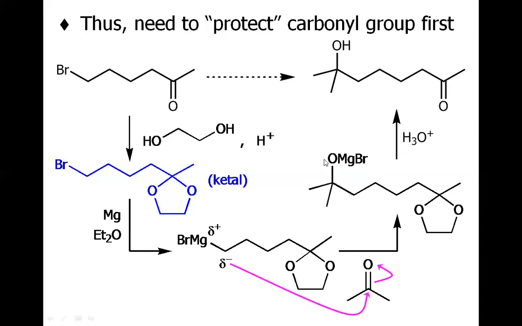So after hydrolyzing, basically it did two things consecutively. First of all, it destroyed the remaining Grignard reagent and protonated this alkoxide, this oxide anion, to have this tertiary alcohol, and also it hydrolyzed this protected carbonyl, that is the dioxolane ring. It simply hydrolyzes this ketal to have the ketone back. So this is the strategy that we did: protection, then our main reaction, and then the deprotection. So it took 3 steps. So 2 steps were additional, extra, that we had to do to have the desired product.